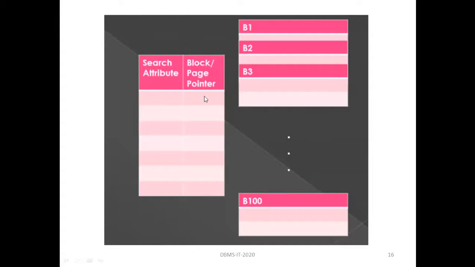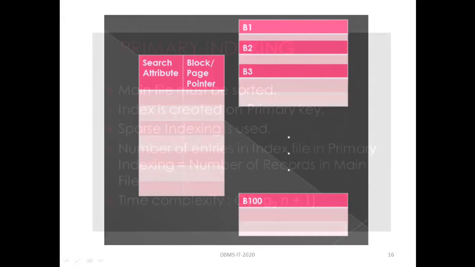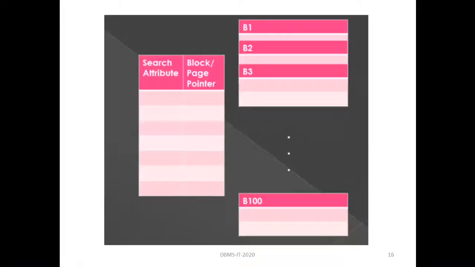Suppose the first block pointer points to b1, next block pointer points to b2, third block pointer points to b3, and that goes on. In this case, sparse indexing is used because the index file will point to the block number. So the index file block pointer points to the base address of the main file.